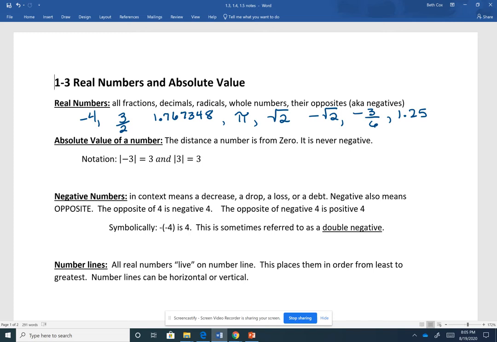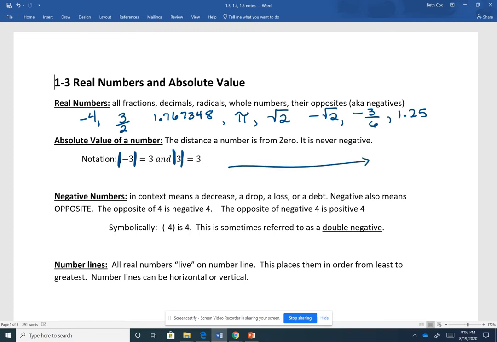Now the absolute value of a number is the distance the number is from 0. Absolute value is a distance. It is not a number, it is a distance, and so it can't be negative. Distances can't be negative. Ferris Bueller proved that. So for the notation, we have these double bars, and that means the absolute value. And so the absolute value of -3 is 3, and also the absolute value of +3 is 3,